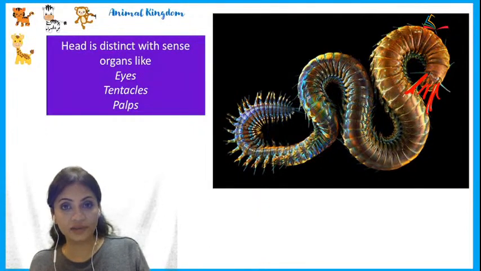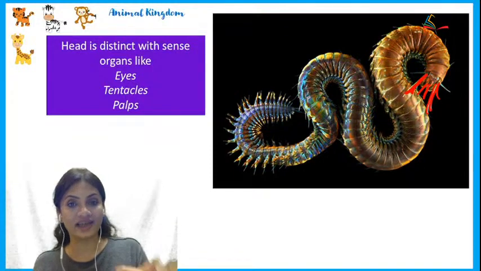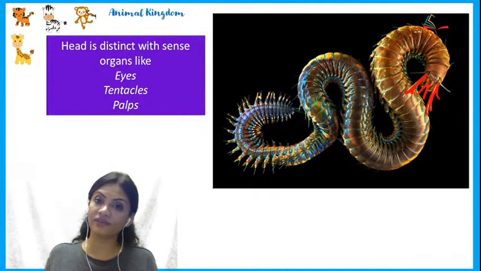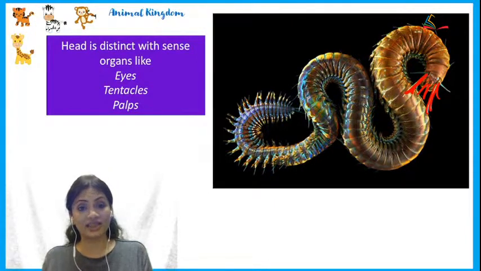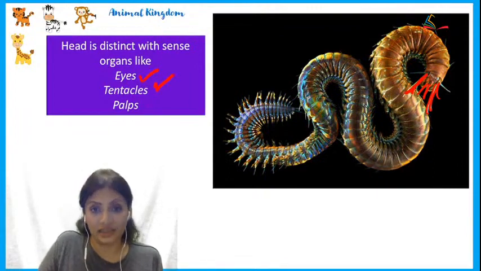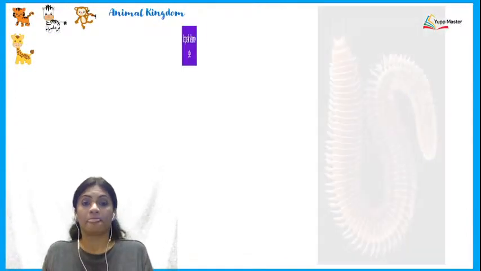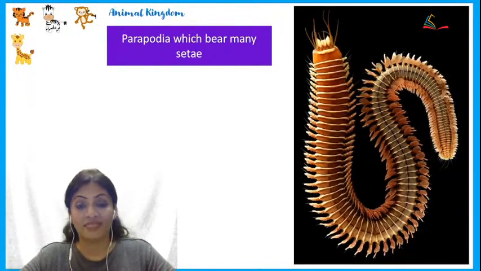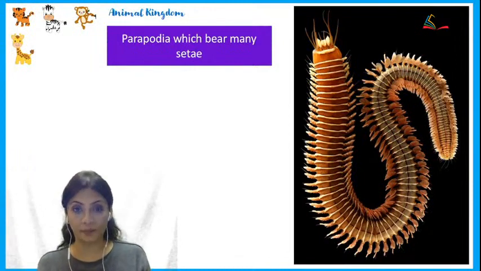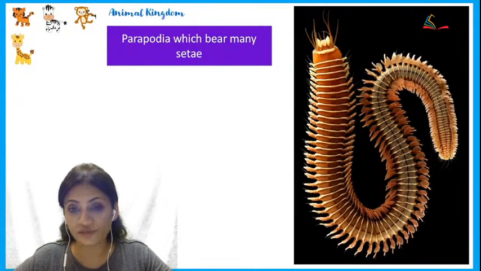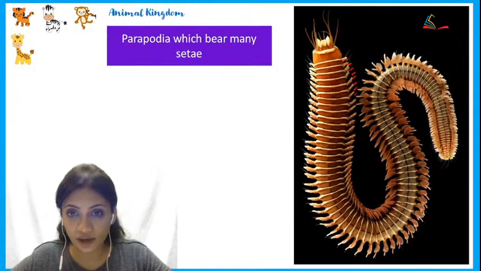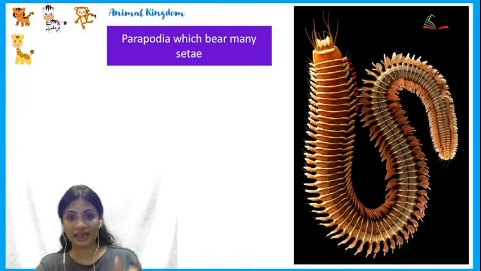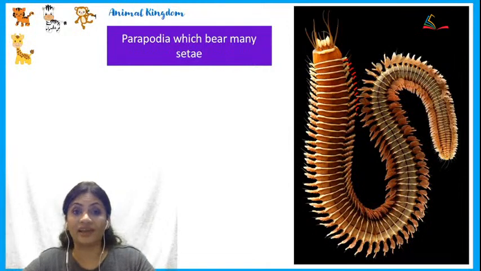So these are those animals where the sense organs are quite highly developed as compared to the other annelids, and also as compared to the previous phyla which we have studied. So they have sense organs like eyes, like tentacles, and also like palps. Now we also see that for locomotion, these animals have parapodia. Can you see on the body of this worm how on the sides there are these parapodia, and on these parapodia, if we see even internally,